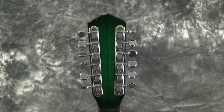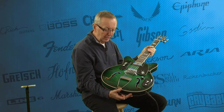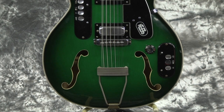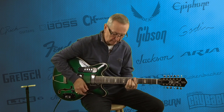And then it's got the made in Italy neck plate on the back, and there's just a couple dings on it. Other than that, this guitar is in beautiful shape. The F-holes are bound. It's got this big, heavy 12-string bridge on it. The bridge is beautiful. The tailpiece is beautiful, and it plays like $1,000,000. A lot of these 12 strings, you're going to have some real man hands to play them, but